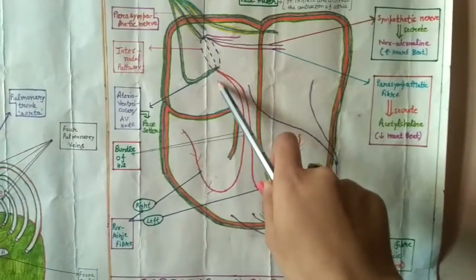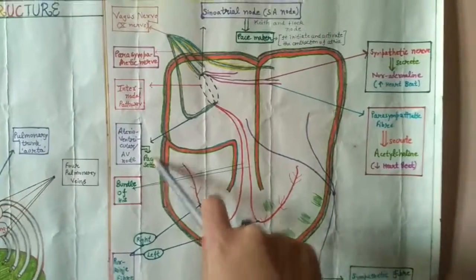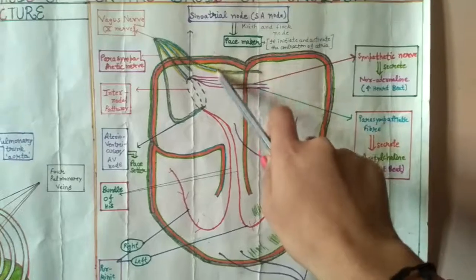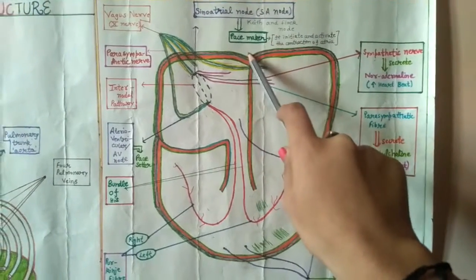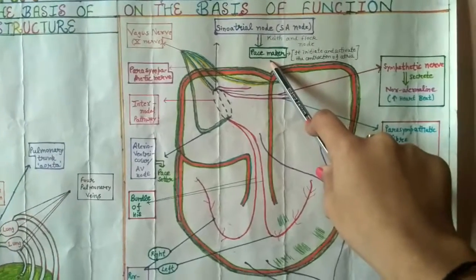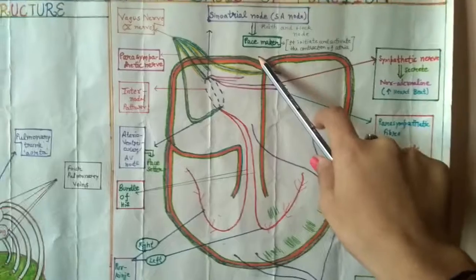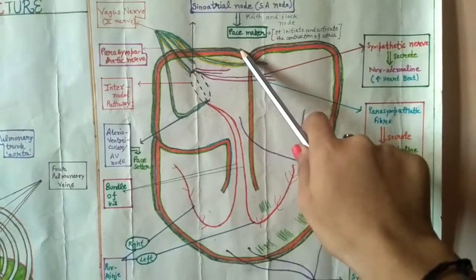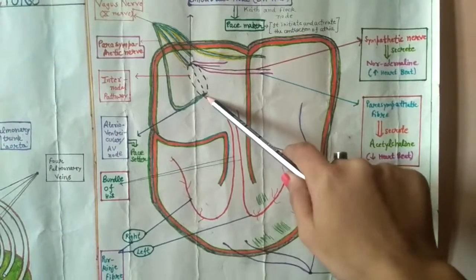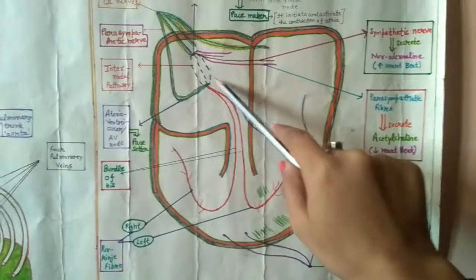Friends, you should know that the atrioventricular node is also known as the pacesetter. Why is it known as the pacesetter? Firstly, I said that the sinoatrial node is the pacemaker because it is autorhythmic and it generates action potential itself. No nerve stimulus is required here, and the electrical signal goes to the atrioventricular node